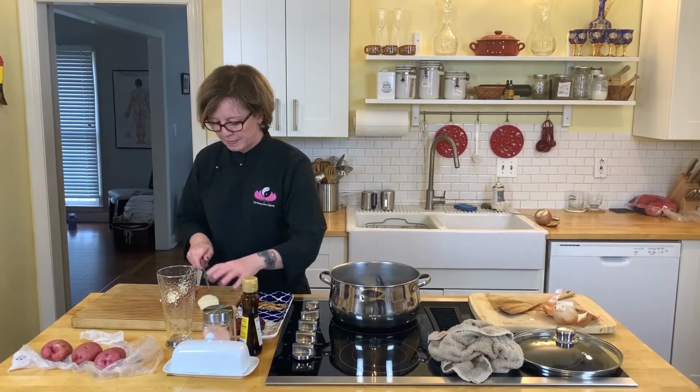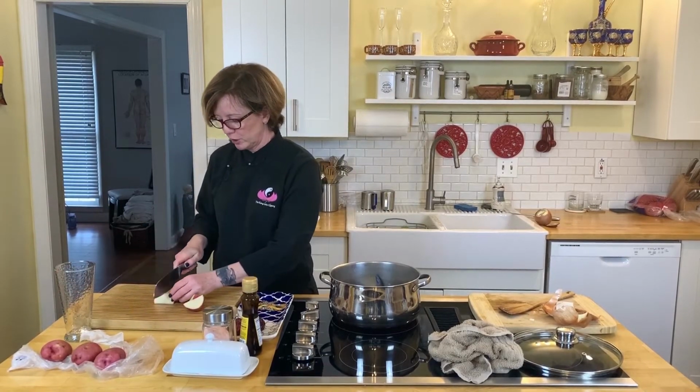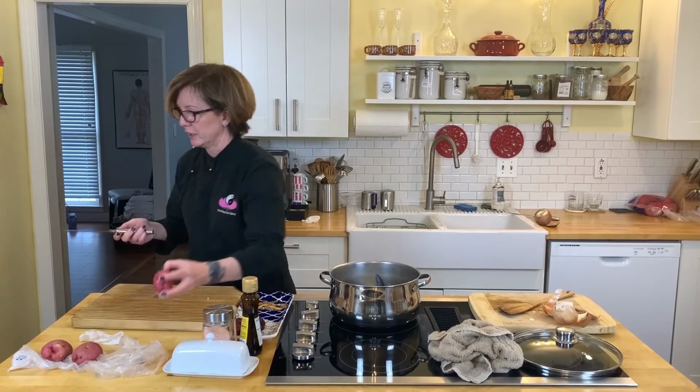in there. Move the glass. Move the glass. Experimental kitchen means experimental video. This is totally not professional. I'm gonna put the potatoes. I might need that again